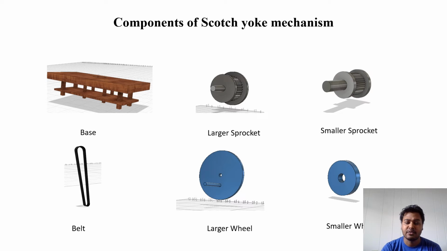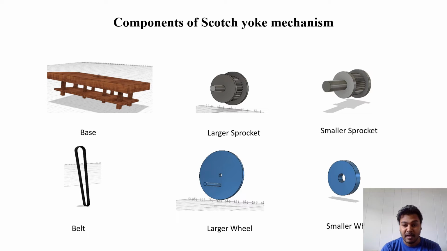And we have used two large sprockets and a small sprocket. The small sprocket is used at the point where the motion from the motor is transferred to the larger wheel through the belt. We have an open belt tangent type, as I have mentioned in my report too. This is the simple open belt tangent mechanism between the larger wheel and the wheel that mounts with the motor, so that the motion from the motor can be transferred to the larger wheel